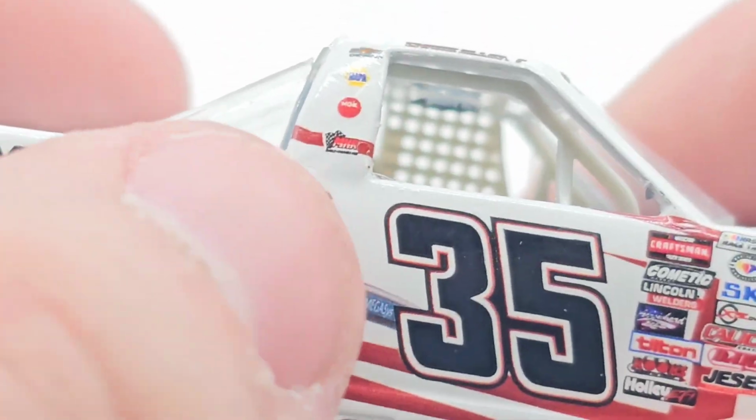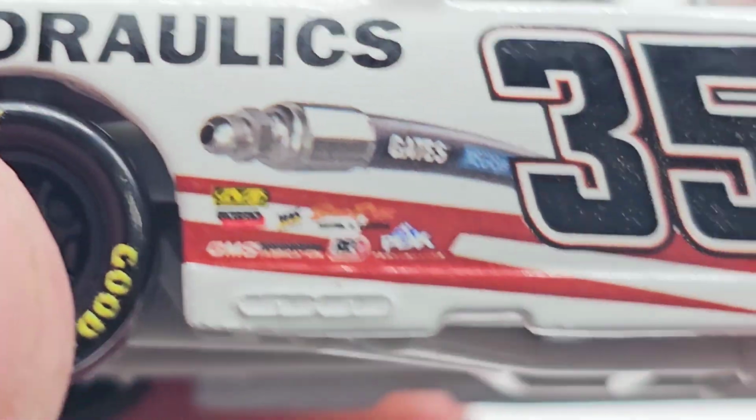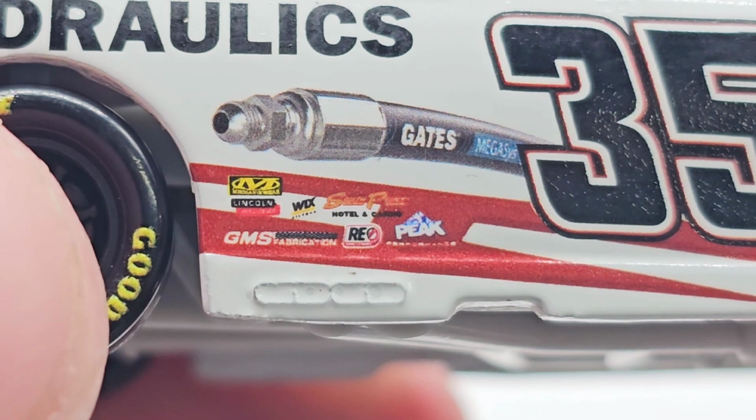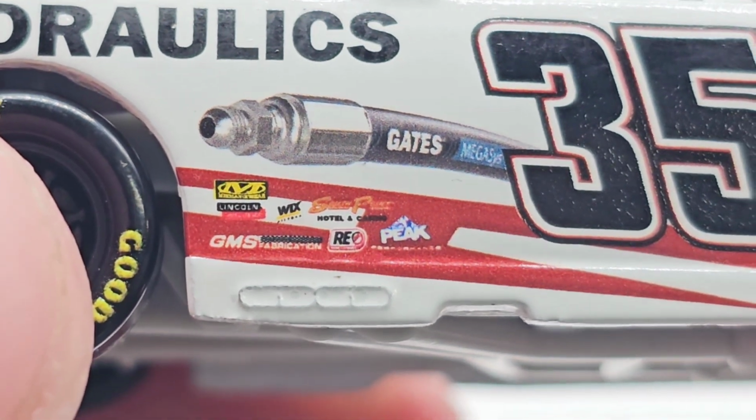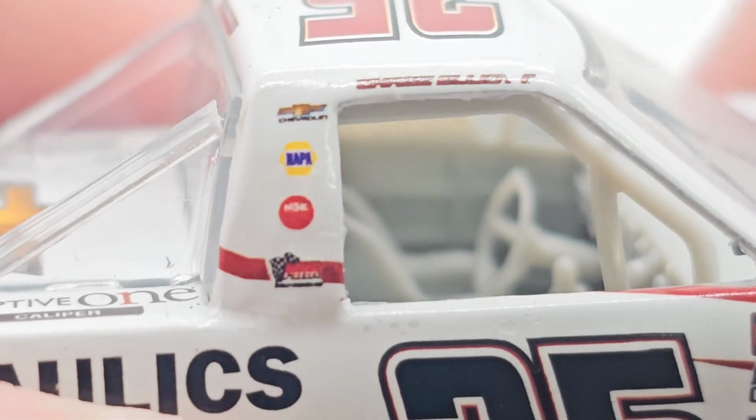And the taillights. Adaptive 1 and Napa Auto Care. Gates Hydraulics, got the little hose going on there. Looks like an air hose or something. Mechanix Wear, Lincoln Welders, GMS Fabrication, Wicks, South Point, RE and Peak. Got the 35 there, Chase Elliott on the name banner there. Of course, you got Chevrolet, Napa,